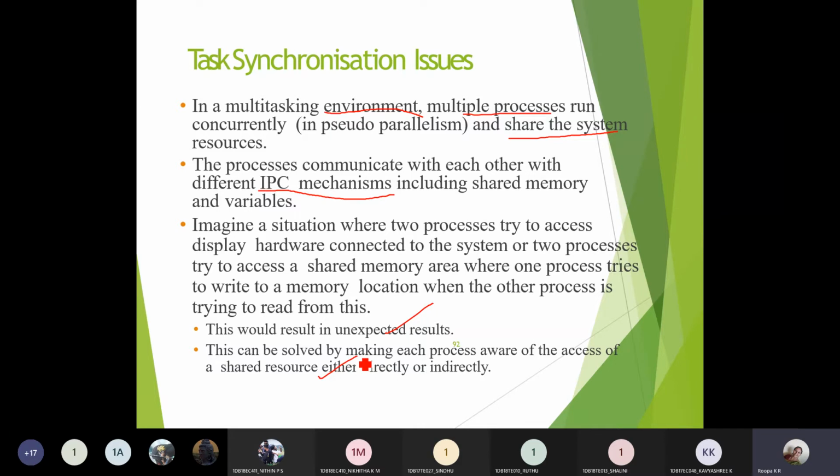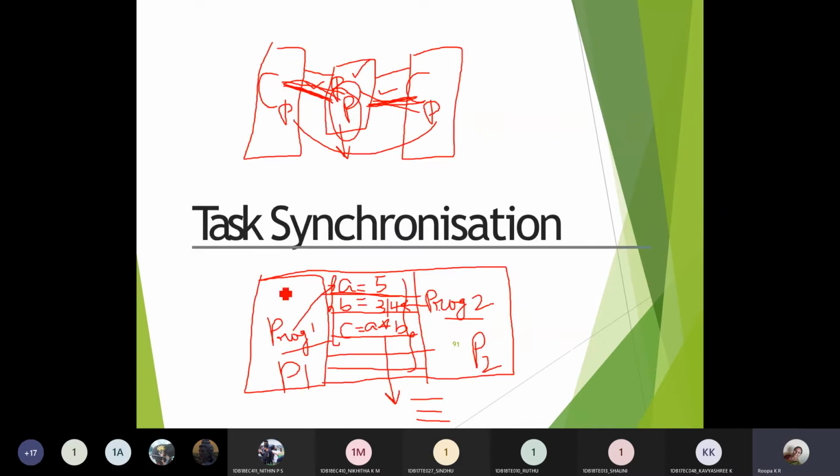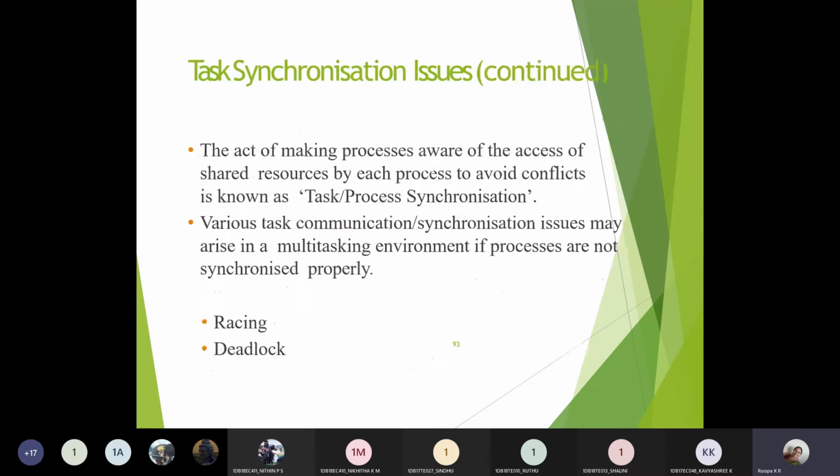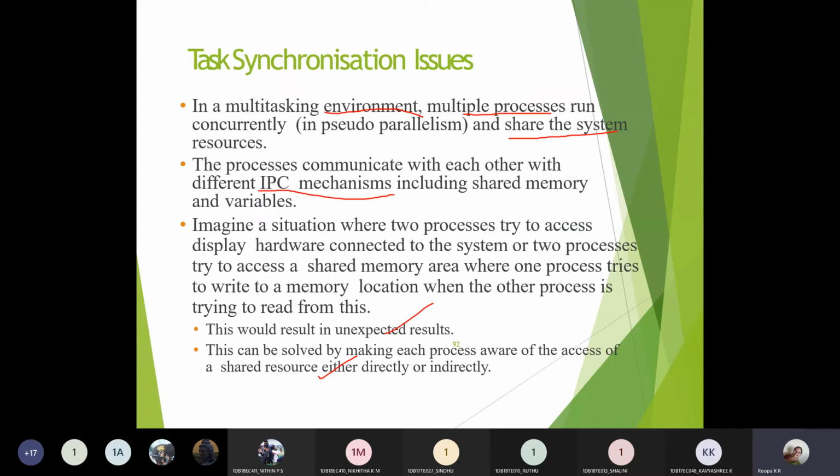This is one issue which we consider when more than one task or multiple processes are executing at the same time. So how to overcome these issues when more than one process, task or thread is executing at the same time? We need proper understanding or proper synchronization between the processes which are executing at the same time in order to overcome such scenarios.